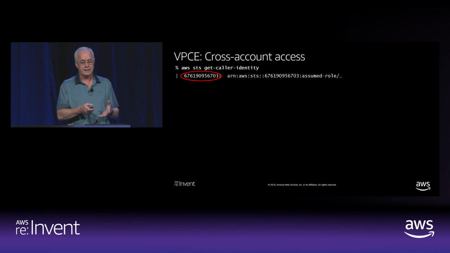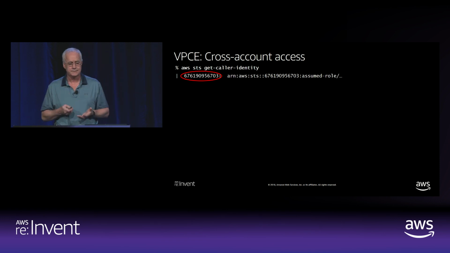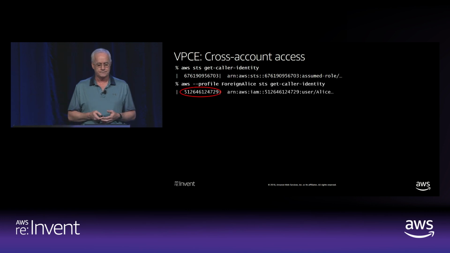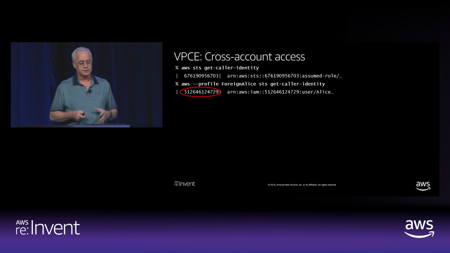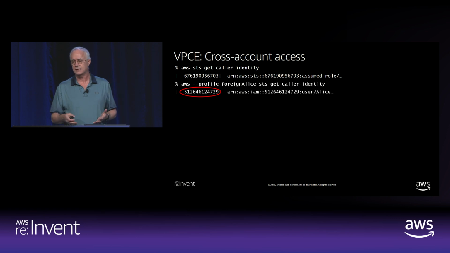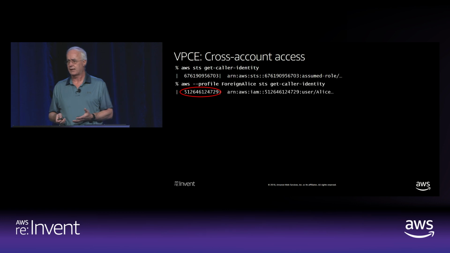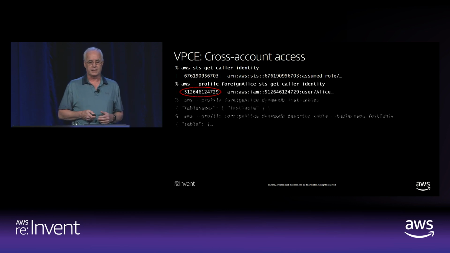So here I have that on the EC2 instance. I ran this call in the EC2 instance, so it's using EC2 instance credentials. And the instance is running inside the account 676. That's my account. And then I have this foreigner called Foreign Alice, and she has credentials on this platform. And these credentials show that she's in a different account. So this is just an IAM user who has an access key ID and a secret key. And they're in account 512 blah. Right? So different account altogether. With that VPC endpoint policy I created,